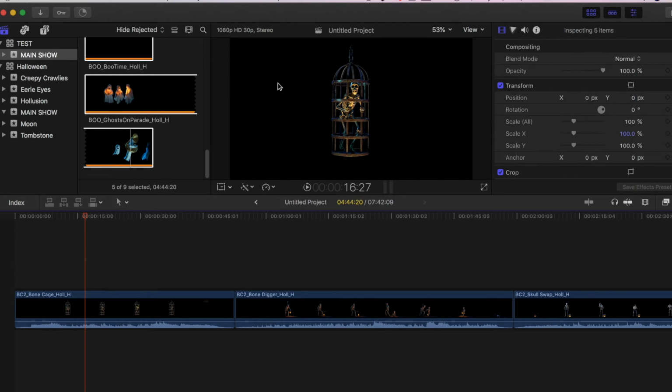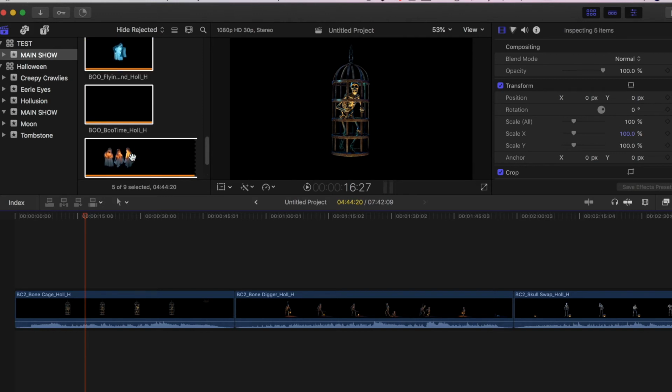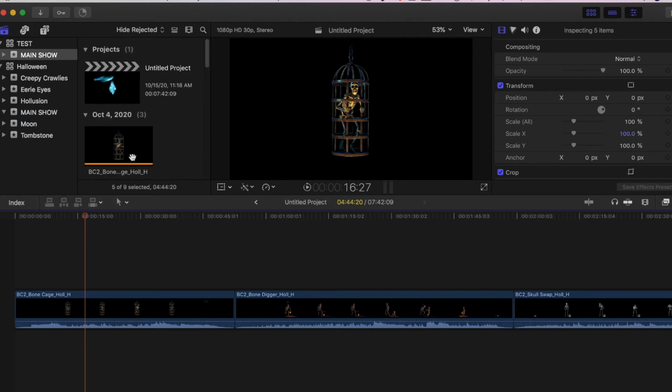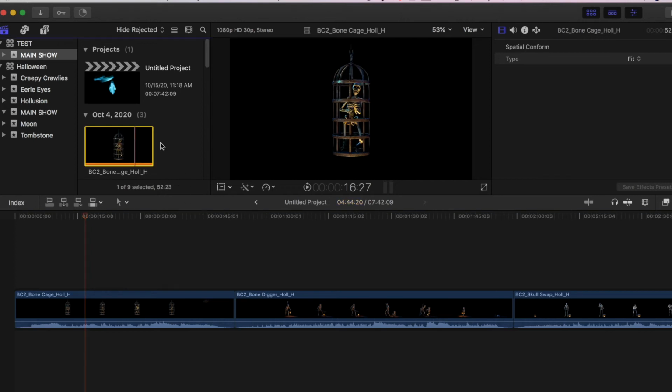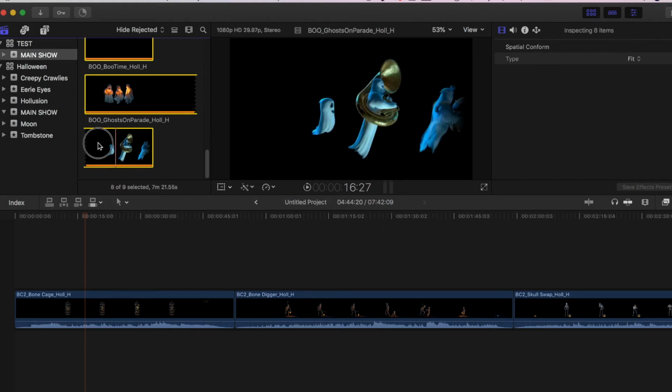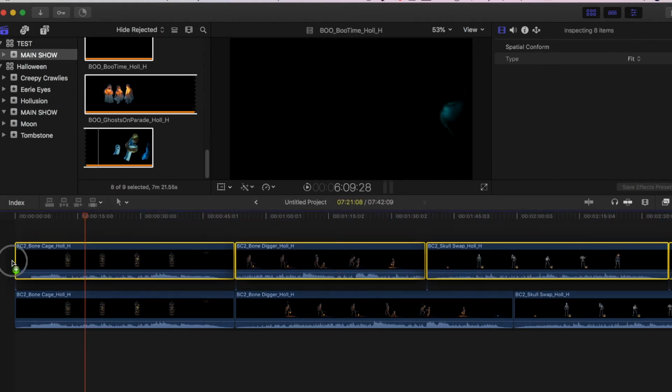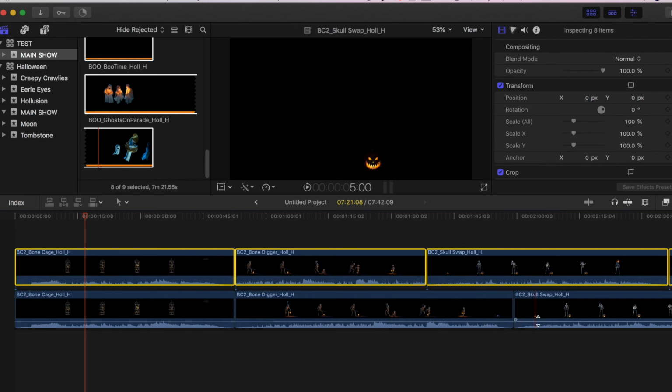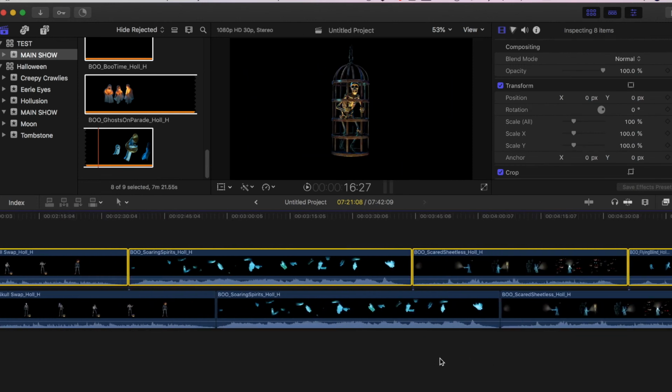So in order to layer, I'm going to put in the exact same ones, just for quickness and ease. So I'm going to select all of my same clips again, and just simply drag them on top of this other layer. That's it. Now you have 2 layers. You can go through this